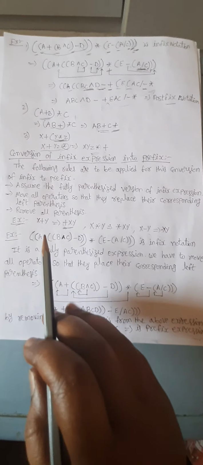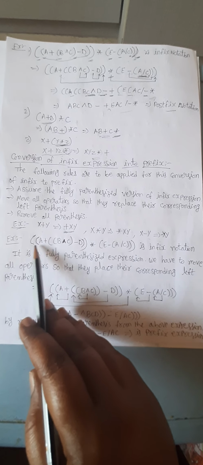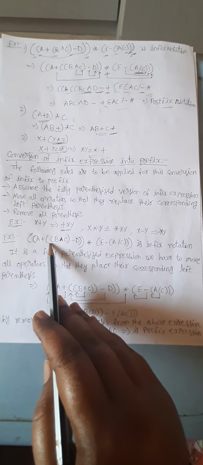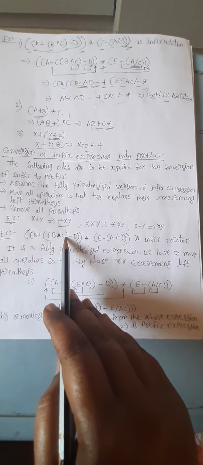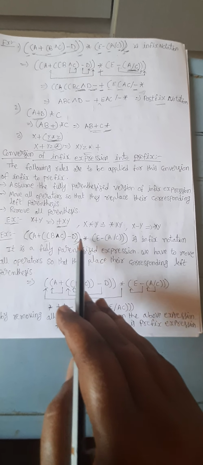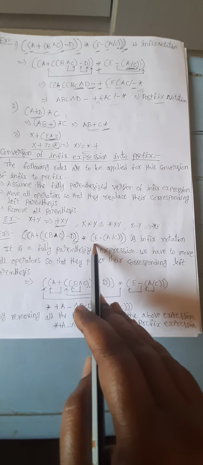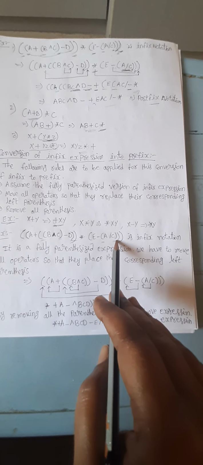And see another example. Here these are the left parentheses, 1 2 3 4 are called the left parentheses, and we are using the right parentheses here. Here we have closed one right parenthesis, and this is the right parenthesis that we have closed. Here we have opened again. These are the left parentheses and these are the right parentheses.